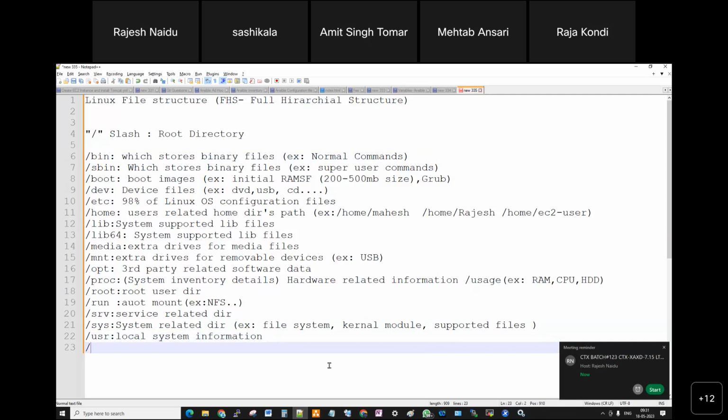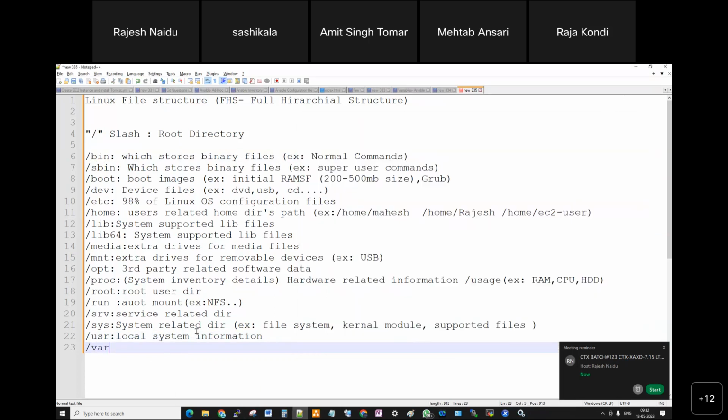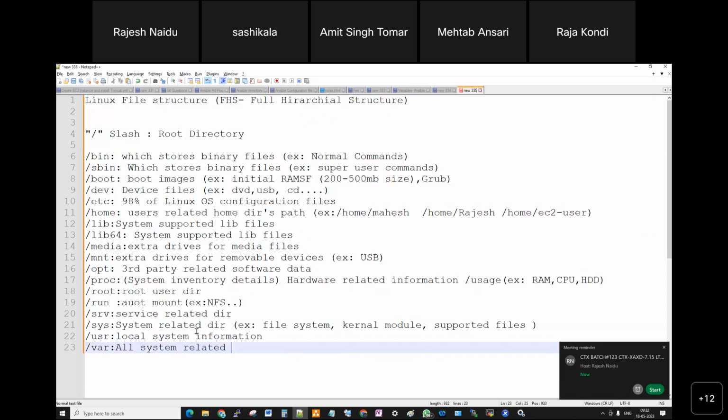Next, the final one, /var. All system related user configuration and working log information will be stored here.